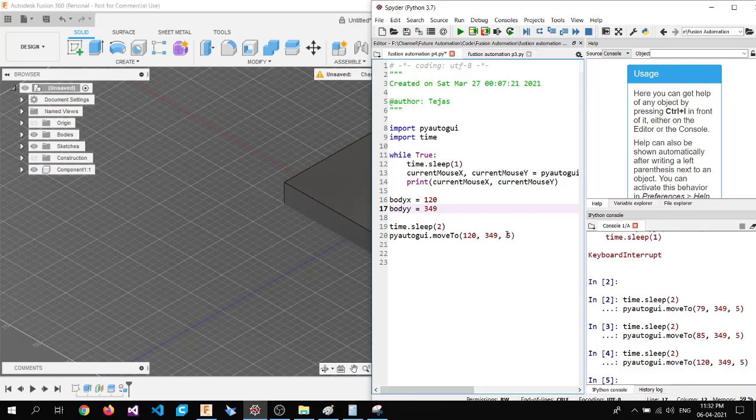Now you can skip this 5 second delay. I just kept it to show you how the cursor is moving. If you want, you can keep it, or you can skip it. Now body x and body y. This is one thing for body. Now to move to the sketches, we know that the distance between one menu and the second menu is 25 plus 5.